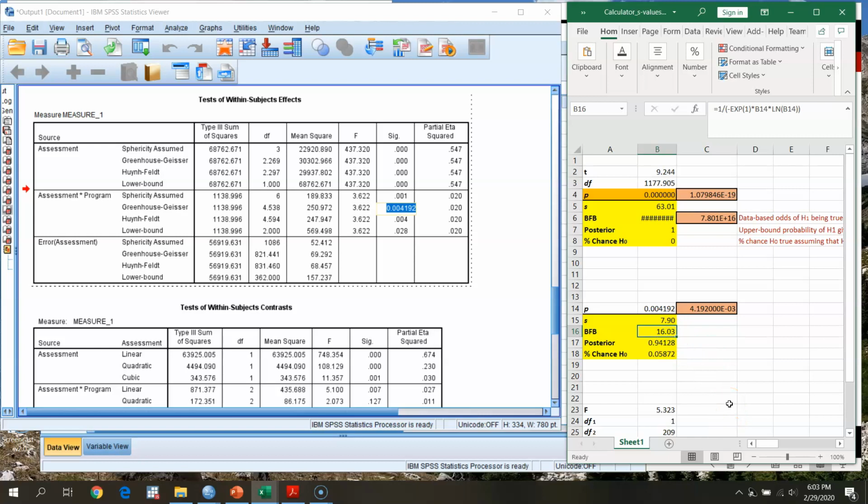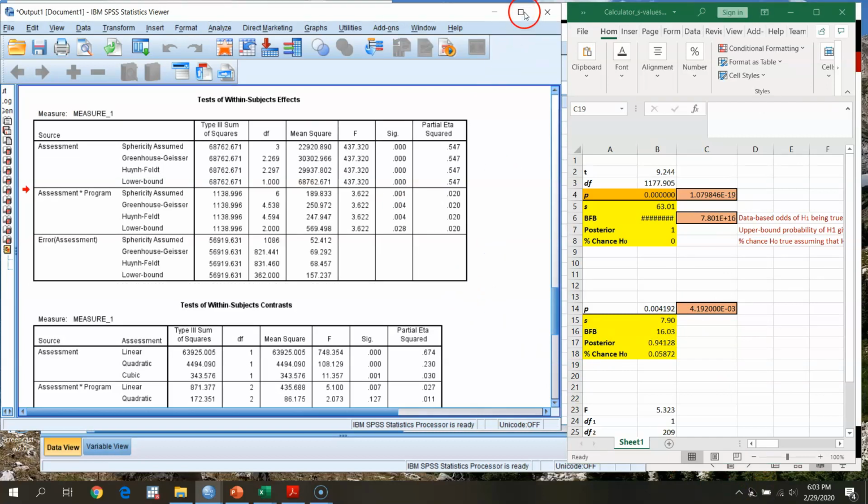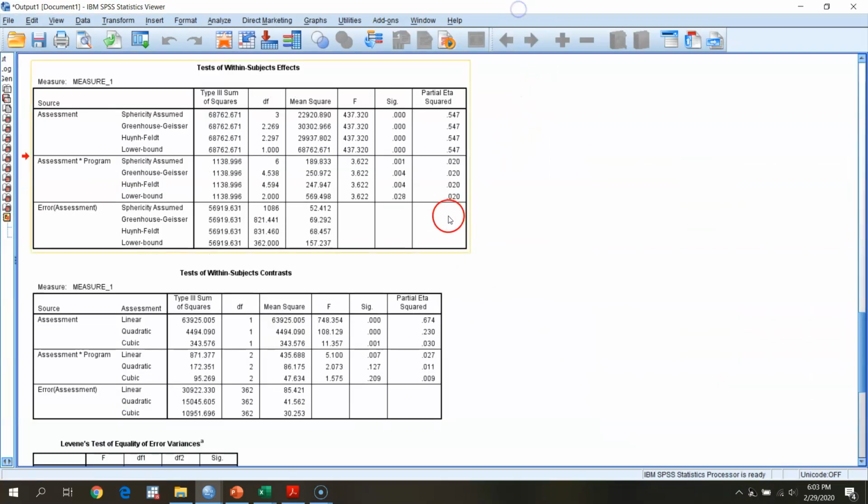Our Bayes factor here, 16.03, indicates that at most, in a perfect world, these data would suggest that our alternative hypothesis of a moderating effect of program on repeated assessment of BDI score has odds of about 16 times that of the null hypothesis. And so some good evidence here, but then we're just using our calculator for that. So going back to our output,